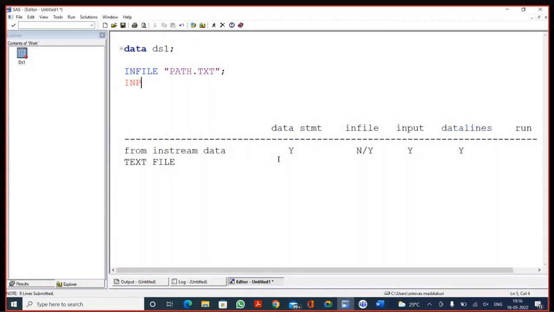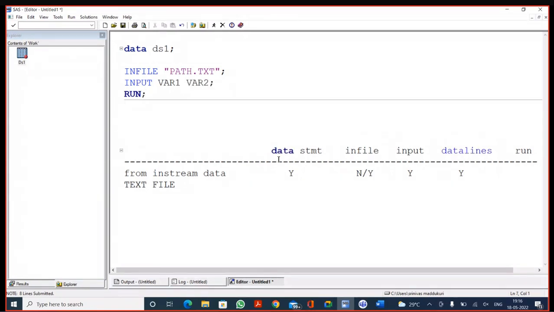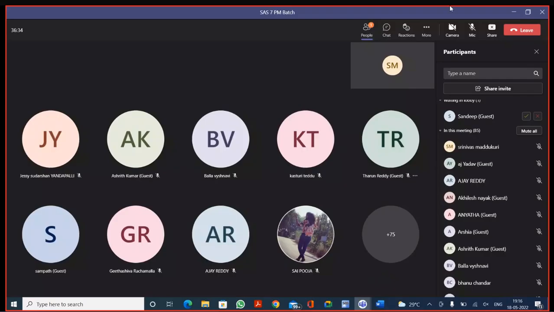Then we are going to write input statement. In the input statement, we will specify the variable names. How many variables you want, you can specify all the variable names. And finally, you will write the run statement. Now, if you want to create a data set from a text file,